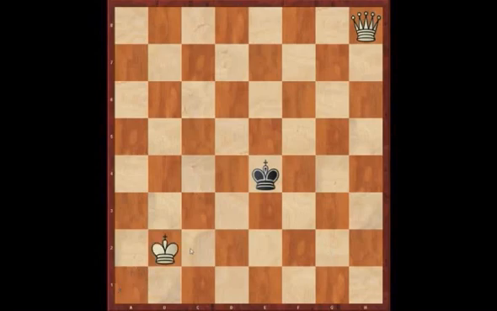The first golden rule is always bring your king towards the enemy king wherever possible. So for instance, white to move would simply play king b2. Incidentally, the black king is going to be driven to the side of the board and mated there or in the corner. It's just a question of how this is done. Black sticks around in the centre. White can still bring his king up, highlighting the fact that the shortest route along the chessboard is along a diagonal. Black still sticks around in the centre, and now the second golden rule: